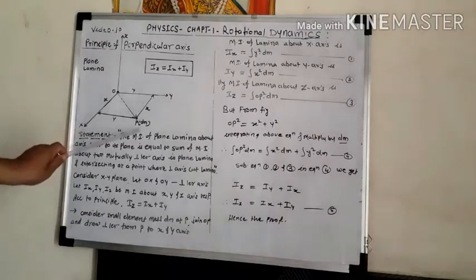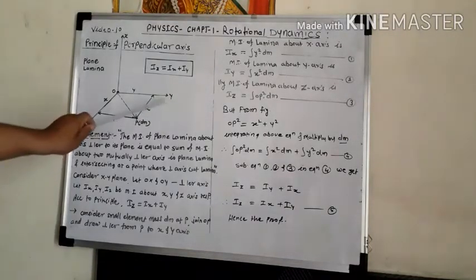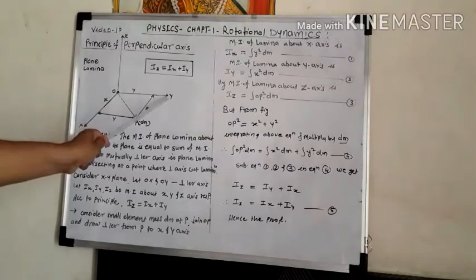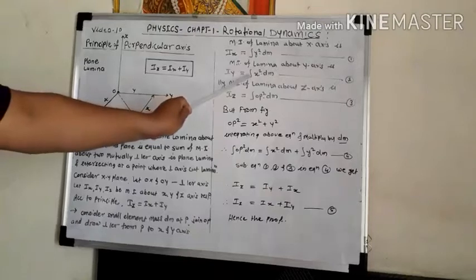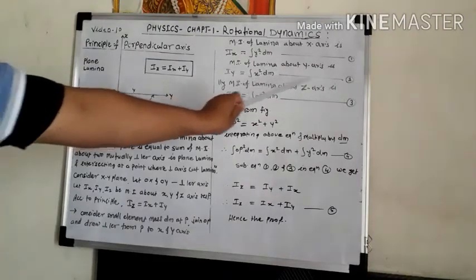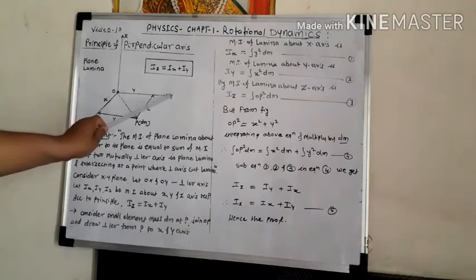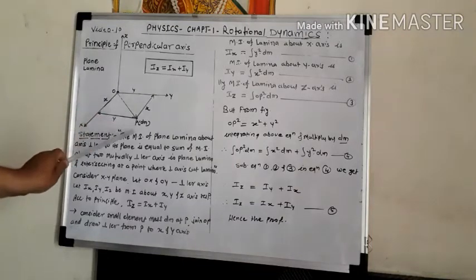Therefore, x square dm is nothing but the moment of inertia (MI) of the lamina about the y axis. But we have to find the MI of the lamina, not of a small element of mass. Therefore, the total MI of this lamina about the y axis is given by the integration of x square dm, and that is equation number 2. MI of lamina about the y axis is given by integration of x square into mass dm, the square of distance and the mass dm. This is nothing but the MI.